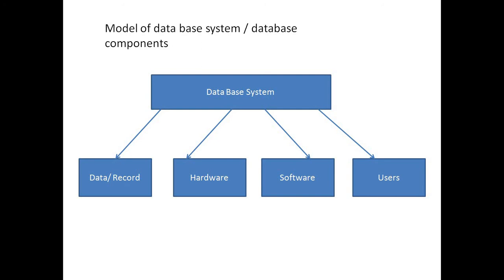Users are the ones who access data and who store data, and because of users we have something called a database and DBMS. It is because of users that data gets stored, and it is the users who access data. So users are an important part of any database system. So these are the 4 pillars of a database system or DBMS, and these are also the mandatory components of any database system.